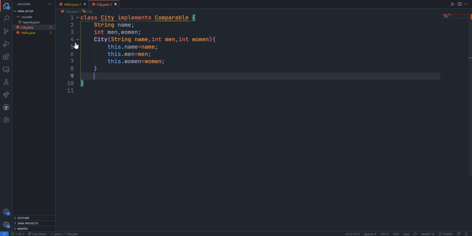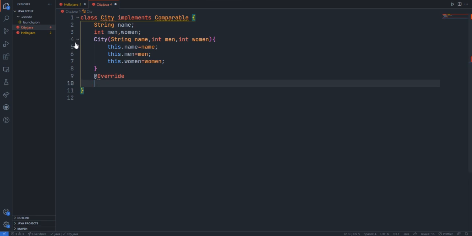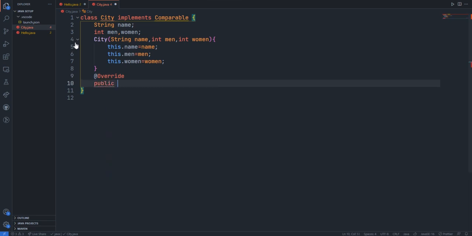Now it's time for the compare operation. For that we need to override the function compareTo, which has the return data type of integer. So public int compareTo, with T in caps and the other letters small.